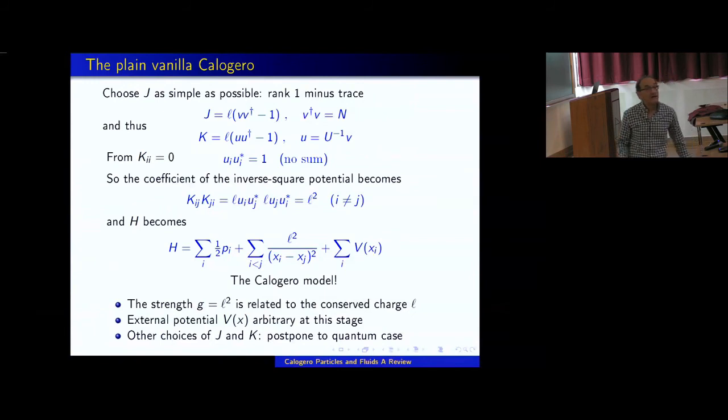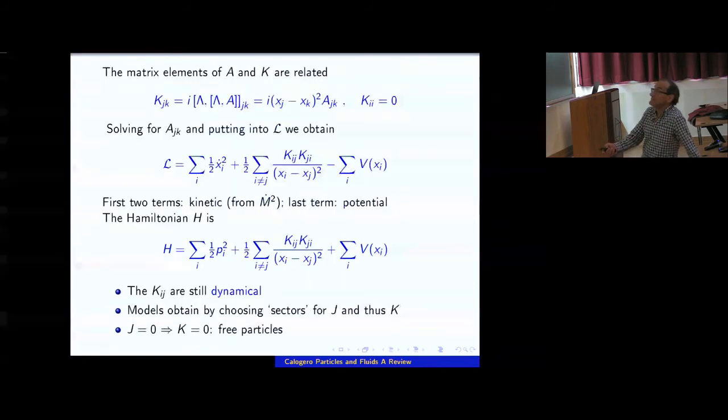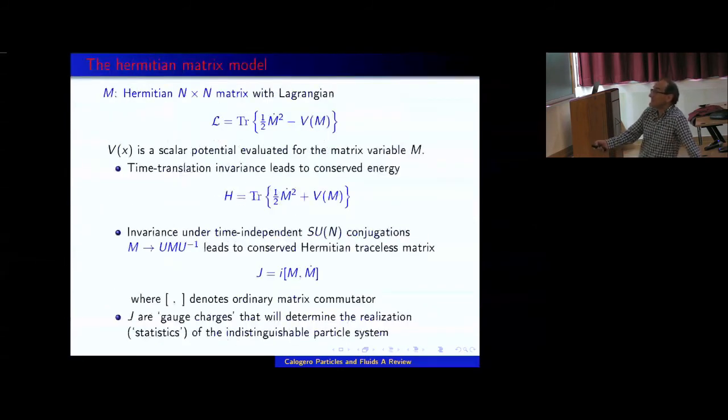Yes. Right, I flashed it, but before it was too brief. It is this, and it's a conserved quantity. That means J dot is 0. And that's a corollary of the fact that this initial action is invariant under time-independent unitary conjugations. If you take the time derivative, it will go here and here. When it goes here, it's identically 0. When it goes there, m double dot is proportional to the derivative of v, which is a function of m. M and n, a scalar function of m, commute, so this is constant.